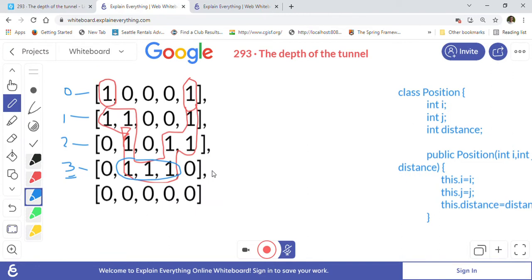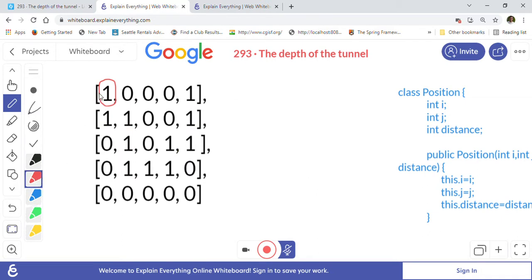So let us go through this problem and discuss how we can solve it. As I highlighted, this is the tunnel. We have been given the start point and the end point of the tunnel. Let me backtrack this so I can reuse it. This is our start point, the top left, which is 0 0 in the matrix, and the top right cell is the ending point of the tunnel, which is 0 4, the fourth column, so 0 4 is the coordinate of the cell.